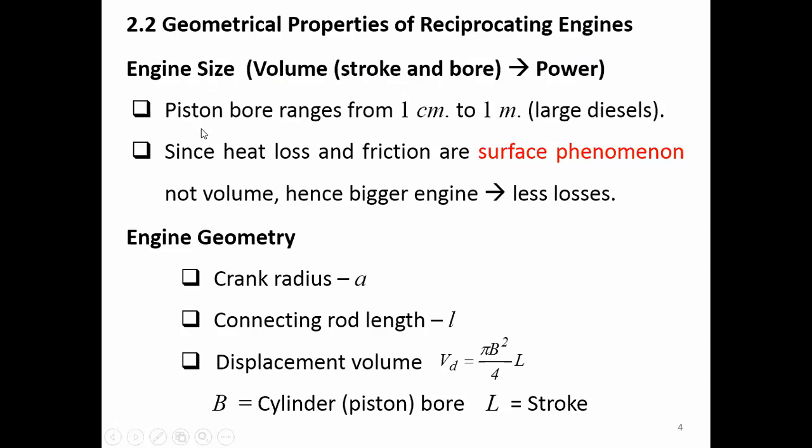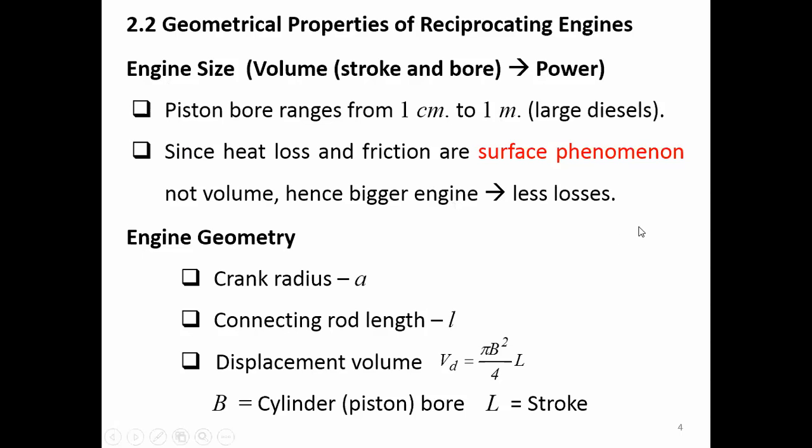Okay, so the piston bore normally ranges from 1 centimeter, very small, to 1 meter. You imagine, right? A very big piston with a bore of 1 meter. This normally happens in the large diesel engines. Okay, and this is important, since heat loss and friction are surface phenomena, not volume phenomena. That means you can go for bigger and bigger engines,